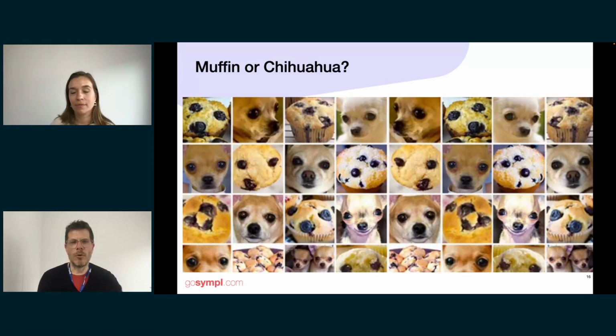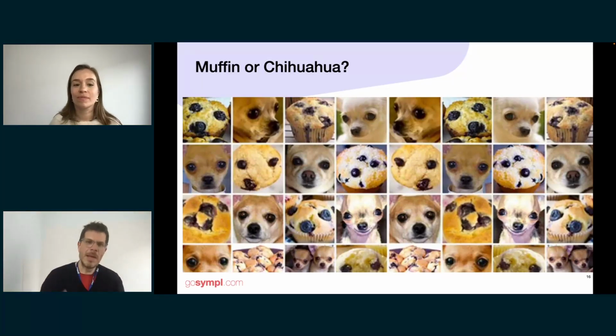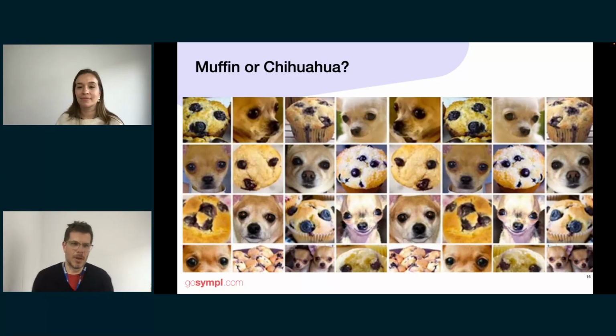And probably something I've heard before is how can you train a computer to distinguish between a chihuahua and a muffin is by showing it a lot of images. And after seeing a massive amount of images, the computer will start to understand what is a chihuahua and what is a muffin without having to explain that a chihuahua is a dog with 2 eyes and a nose, and a muffin is a pastry with blueberries. But just by providing a massive amount of data, the computer will, through machine learning, start to understand the